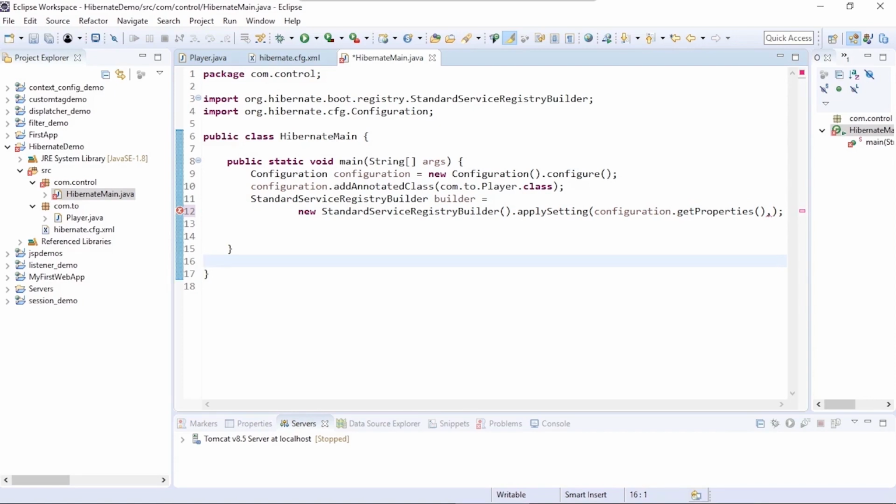So the first step, we are creating an object of the configuration class. The second step, we are going ahead and creating an object of the standard service registry builder. We are also adding our class that had annotations with it, and that class with the annotations is nothing but the player class.